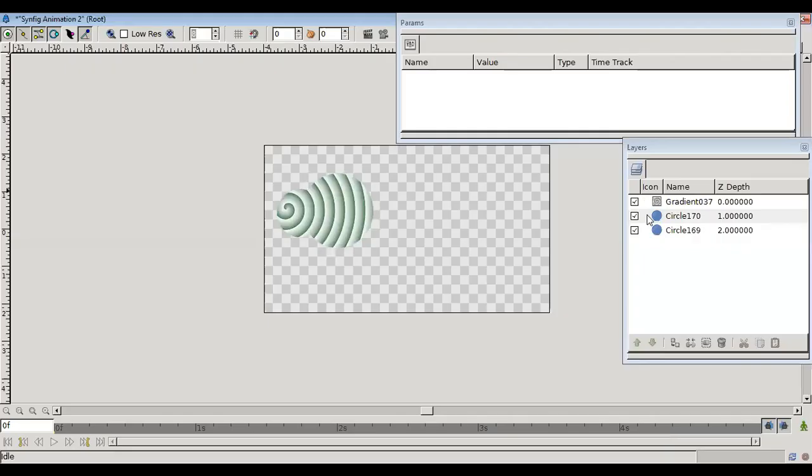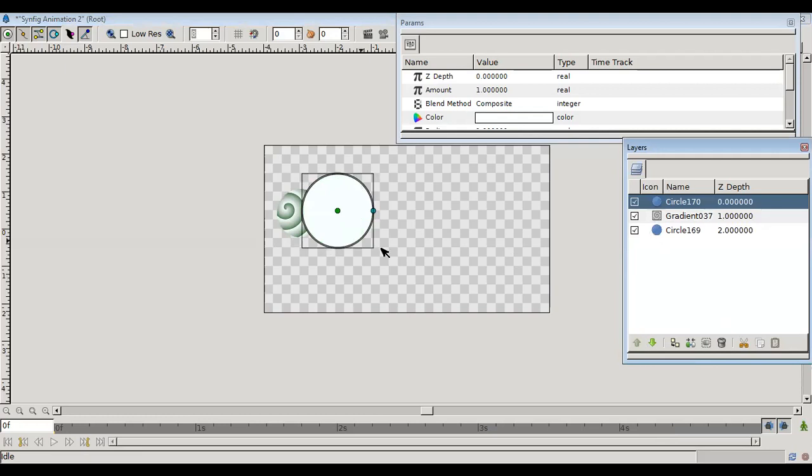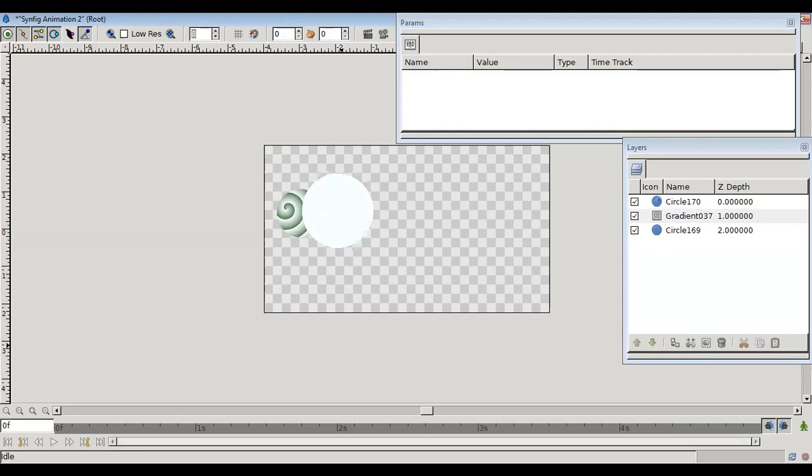Now you can see here circle 170 has to be made plain. So first we select this and then click on Raise Layer. When you click on Raise Layer, automatically it will be plain.